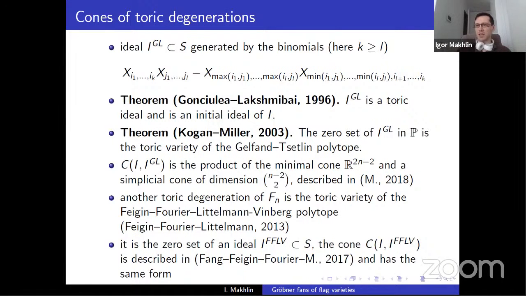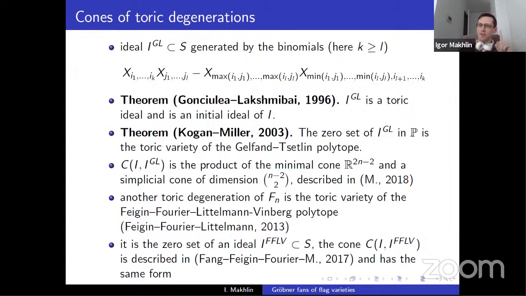Okay, so this has a very natural interpretation in terms of order theory, for instance. And this is the language that Gonciulea and Lakshmibai use. And then there was a second paper about this very same toric degeneration, and some other things, by Knutson and Miller. Well, as you see, quite a bit later, and they did not use the language of order theory. They used some other language of matrix Schubert varieties, but